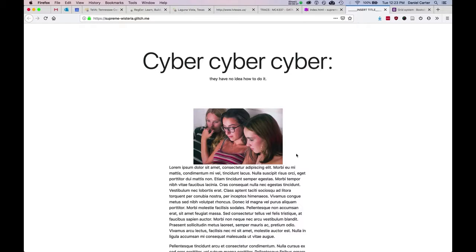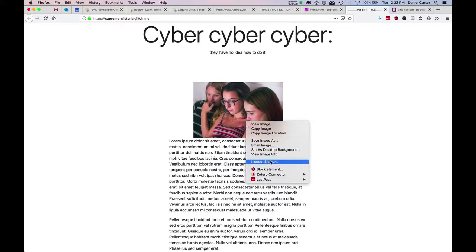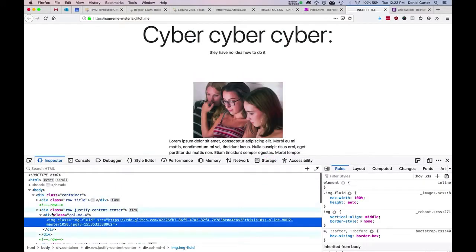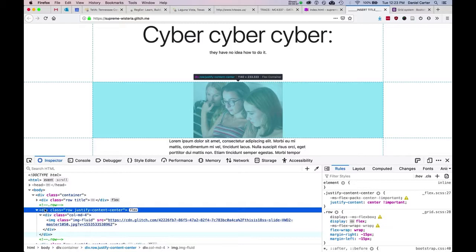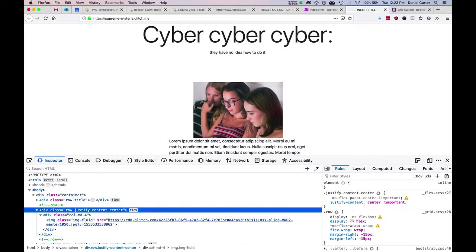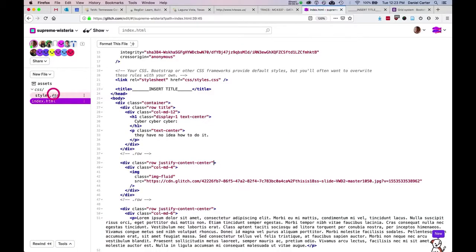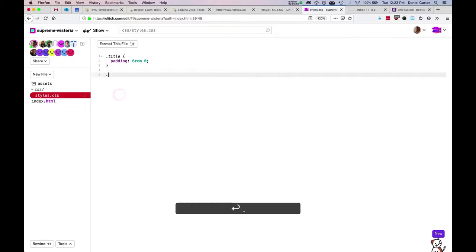And the first thing I want to mention, which we just haven't mentioned yet, is if I look at my code here, in Bootstrap, rows don't have vertical margin or padding on them. And so that creates situations like this, which usually we don't want. So the really simple fix here is to just create a rule for a row,